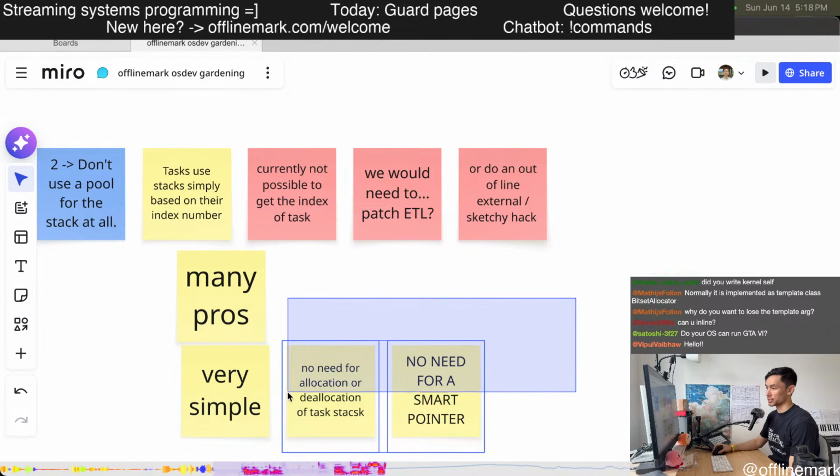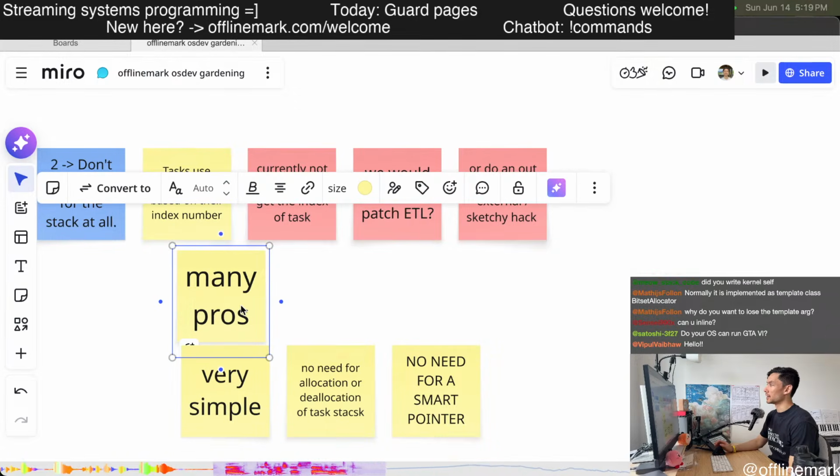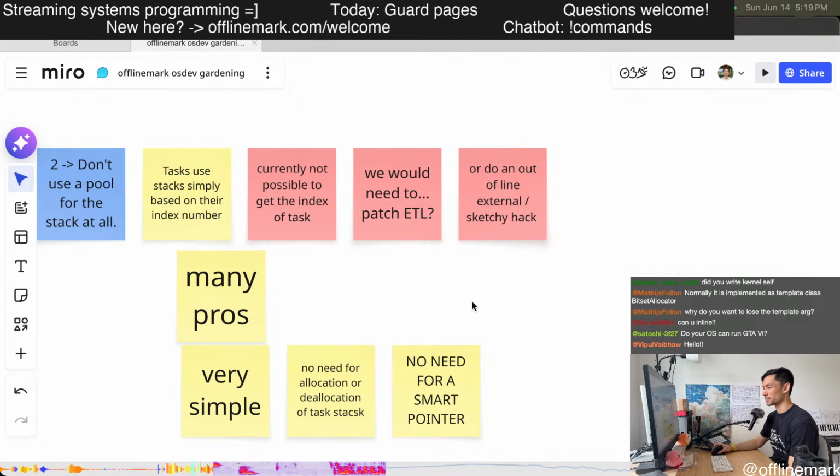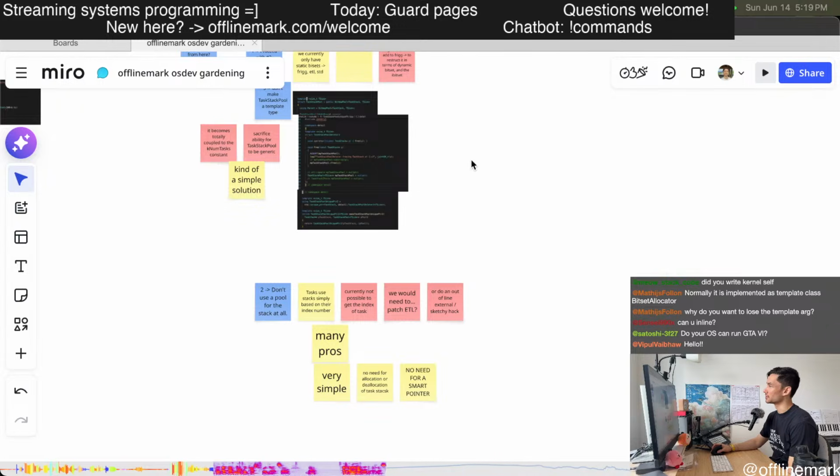These are just such compelling pros, and the ETL patch is fairly minimal. And I am already patching ETL a little bit, so it's not like a new patch. I already have a few patches, and so that's kind of nice. As opposed to Frig, which I have not really patched yet. I have a little bit, I guess, for this find first bit thing.